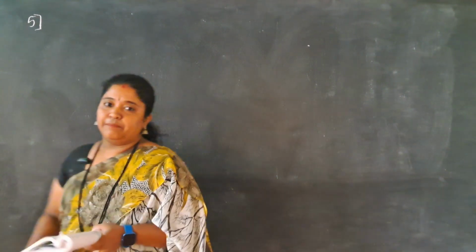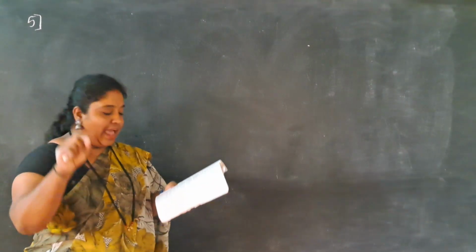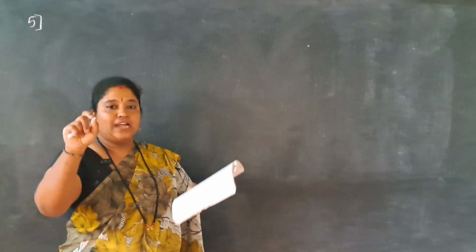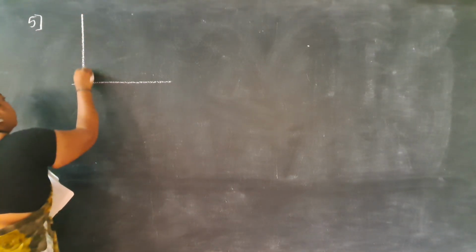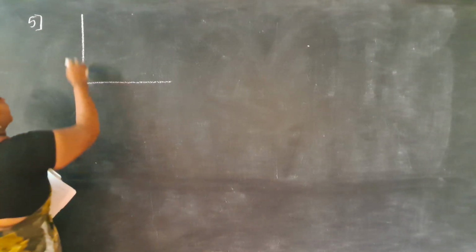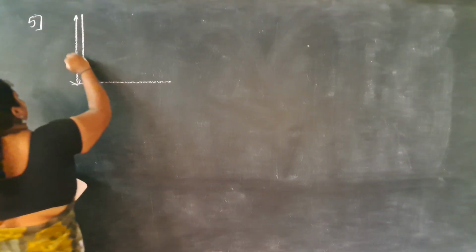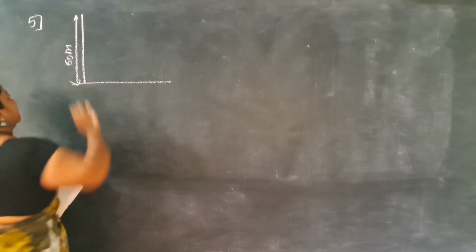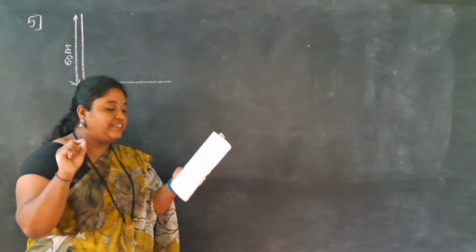Okay, I'll first do the diagrammatical representation. See here, a kite is flying at a height of 60 meter above the ground. Suppose this is the ground level, and here somewhere the kite is flying. Now the condition is the distance between the ground and the kite flying is given, and the distance is how much, dear? 60 meter. Yes or no? 60 meter. They have clearly told you the kite is flying at a height of 60 meter above.